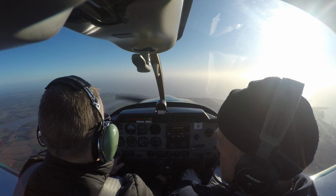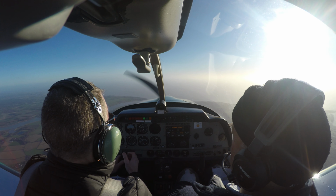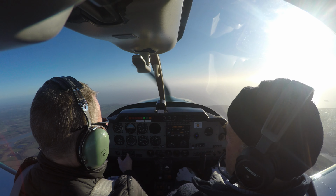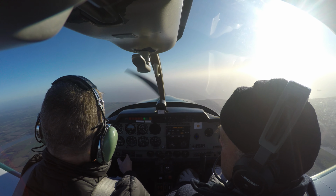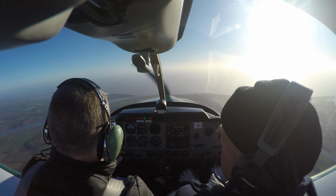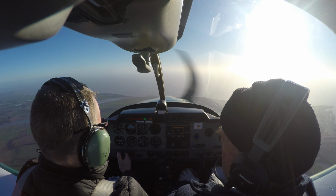Check speed in the white, very nice, speed in the white arc before you move it. We don't want to overstress the flaps. That's good. That's it. One more stage of flap. And then just hold the attitude, set about 1700 RPM,